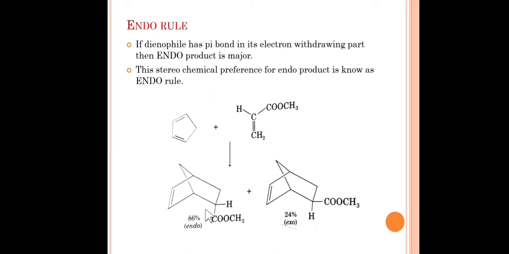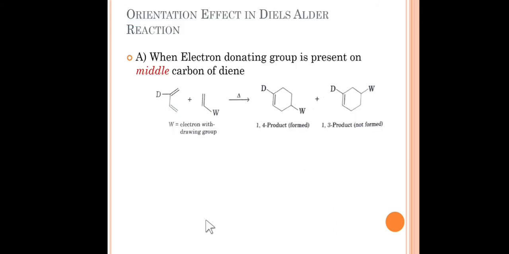So why is this happening? Why are we getting this type of endo product, when in practice exo is the more stable product? This is because this newly formed double bond and the pi bond in the electron withdrawing group have a secondary interaction with each other, and we get the endo product as the major product. This phenomenon is called the endo rule. So remember, this type of question is asked in the CSIR NET or SET examination. So let's go ahead. The last part of this lecture is orientation effect in